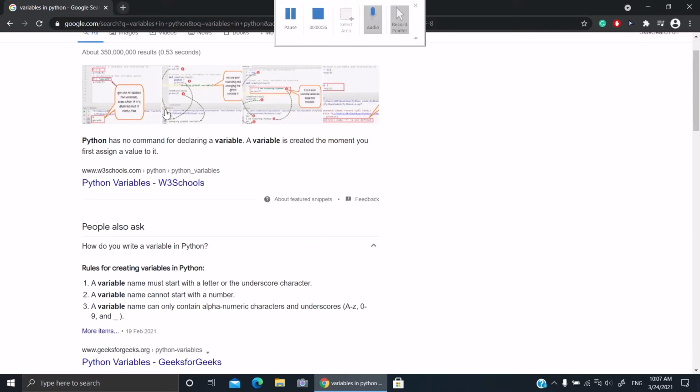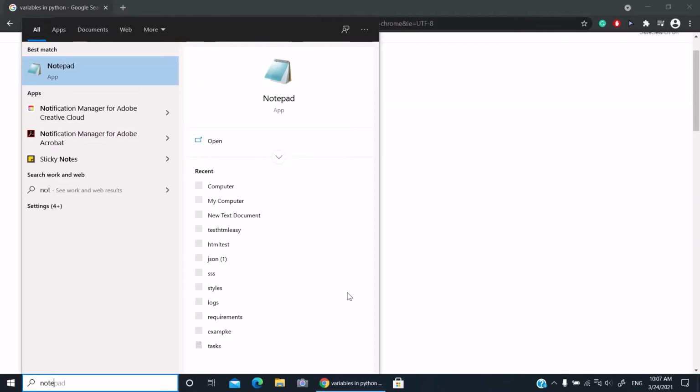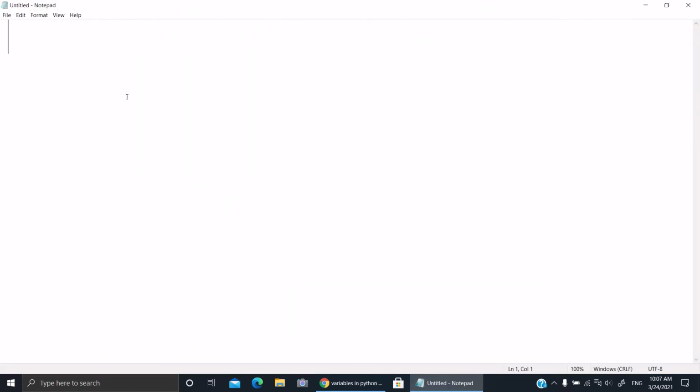First, how you write a Python variable. Here is how you can write a variable. Here we give the name. For example, I want to give EGM equals 11. Example. I want to say